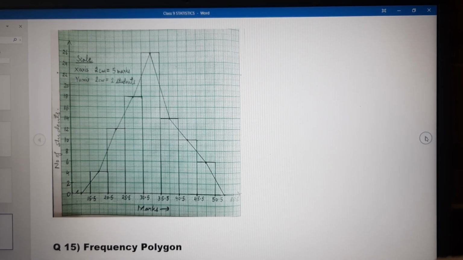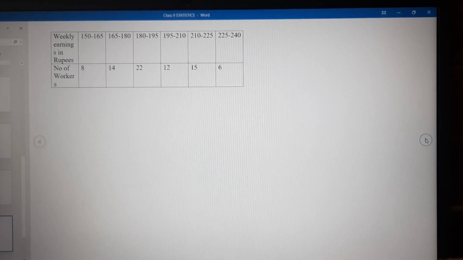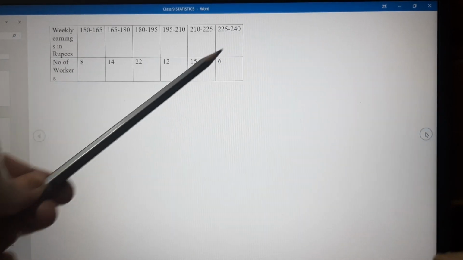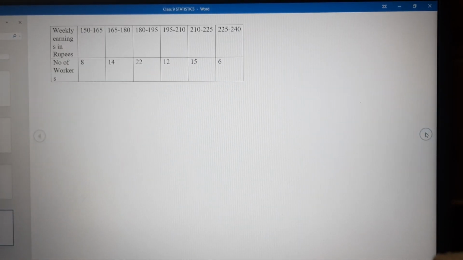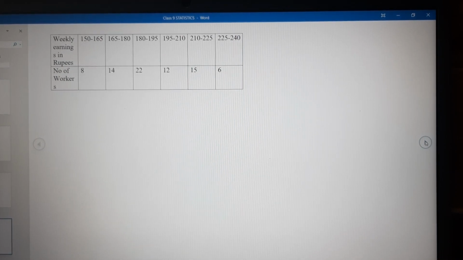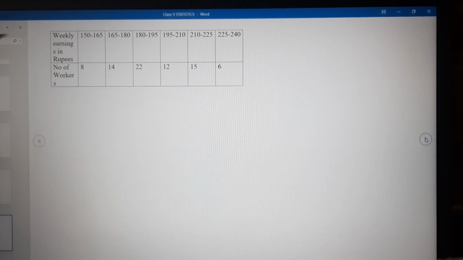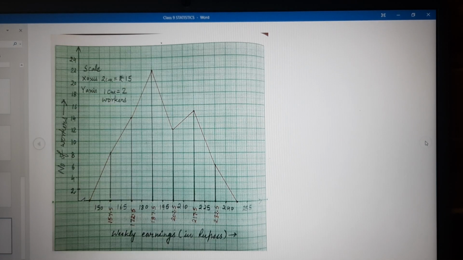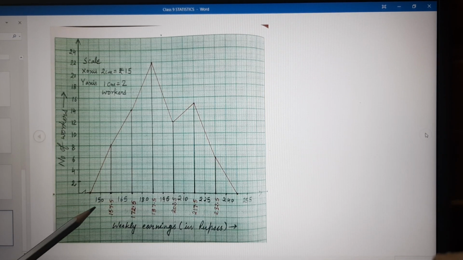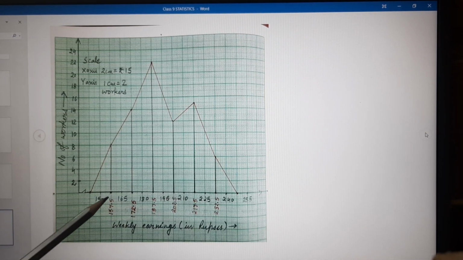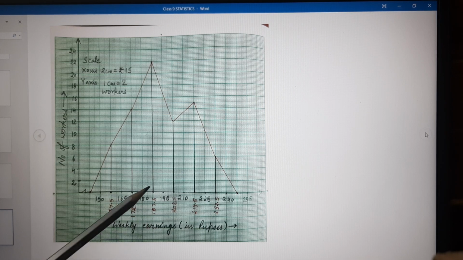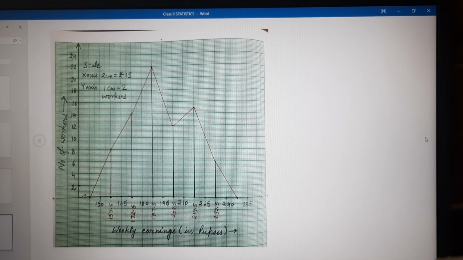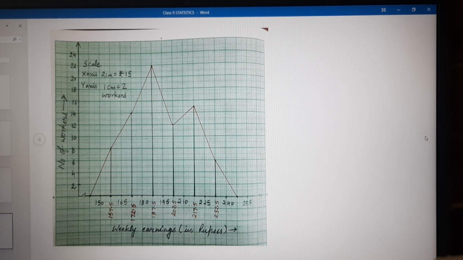Now if you have to draw only a frequency polygon, then you need not draw a histogram. So what you will do, as it is said, this is continuous. First of all, you will calculate the class marks of each. Class mark of 150 to 165 will be 157.5. As you can see, I have written the class mark of 150 to 165 is 157.5, likewise 172.5. This way I have written with the red pen, and all the frequencies are plotted on the class mark.